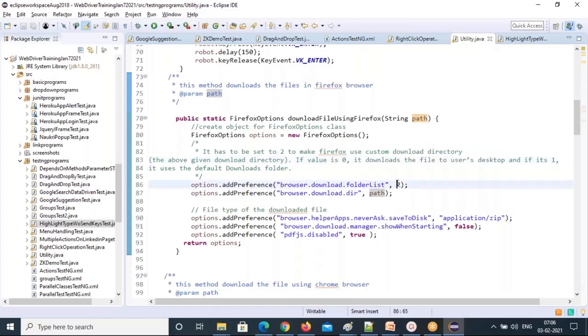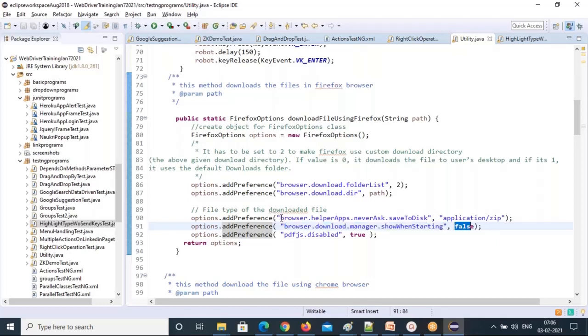So here are the options you can change. One is add preference, which accepts 2 arguments. One is string, integer, and add preference has one more overloaded method, string and string. The path is also a string, right? So 2 strings, and 1 string and integer, and another one add preference with a browser string and a boolean value, and this one I'm using.